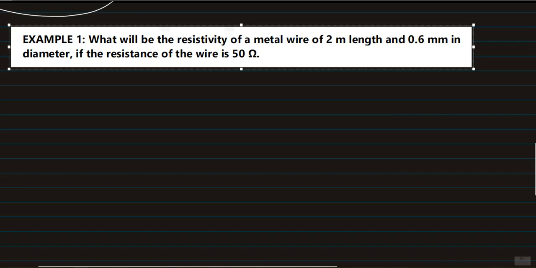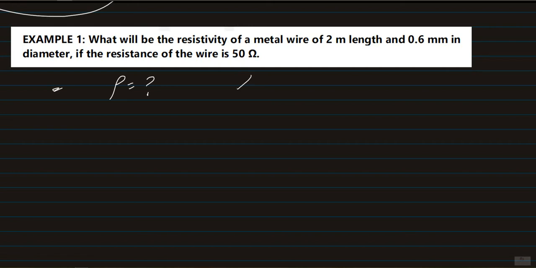So what we have here, as the question says, what will be the resistivity? It asks you for the resistivity. Resistivity is rho, of the material of a wire 2 meter in length. It has given you the length of the wire, that is 2 meter, and 0.6 millimeter in the diameter. It also has given you the diameter of the wire, that is 0.6, which can be converted into